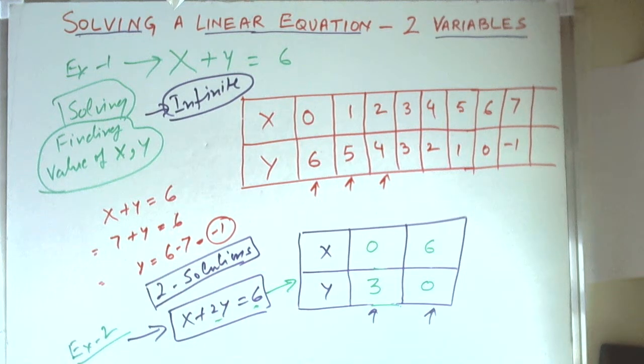So what we have learned in this video is how to find solutions of a linear equation in two variables. And as we have seen, a linear equation in two variables can have many solutions, in fact infinite. If in the examination we are asked to find two solutions, we can easily find them by substituting x is 0 and finding the value of y, and then substituting y is equal to 0 and finding the value of x. If we have to find many solutions, then we make the complete table as we have done here. Thank you.